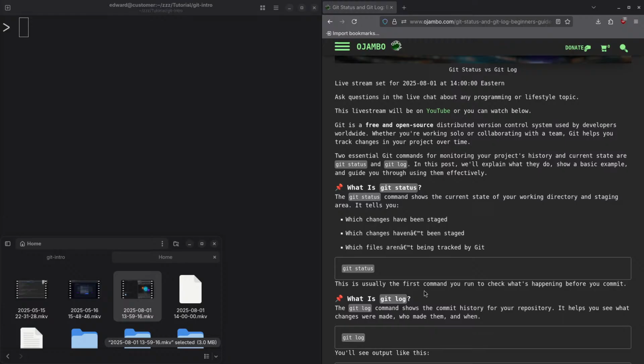efficiently. Okay, so let's start with Git status. The Git status command shows the current state of your working directory and staging area. It tells you which changes have been staged, which changes haven't been staged, and which files aren't being tracked by Git. Okay, so instead of just talking, I'm actually going to create a Git